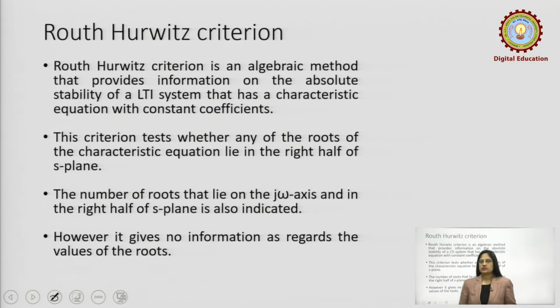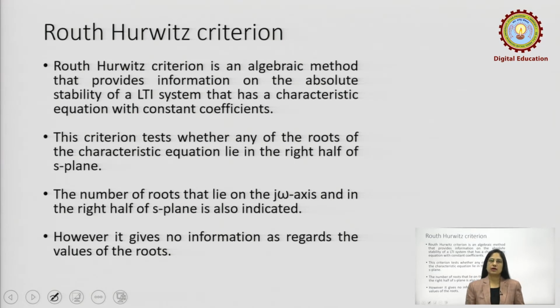As we had seen in the analysis of a second order system, it is easy to find the roots of a second order system, and thus the location of the roots determines the stability. Once the roots have been determined, we can look at their location and decide whether the system is stable, unstable or marginally stable. If the roots are lying on the j omega axis, we say that the system is marginally stable or marginally unstable. It is comfortable to find the roots of a second order system,